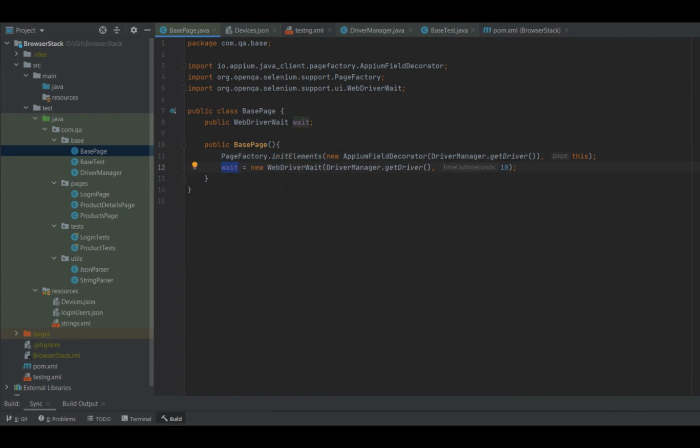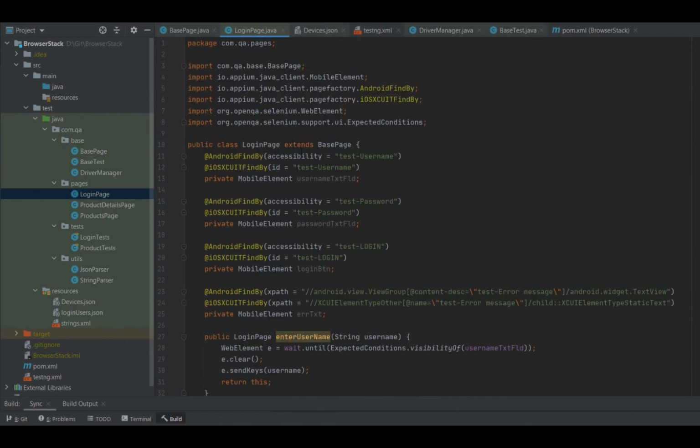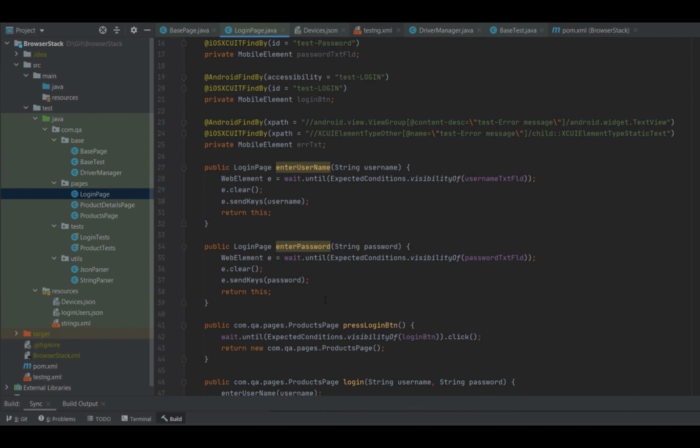And we are fetching the driver from the driver manager class. And these are the pages. So for example, the login page extends the base page, and I have already defined the elements and the methods that are required to be performed on this particular page. I have done it for the other pages as well.